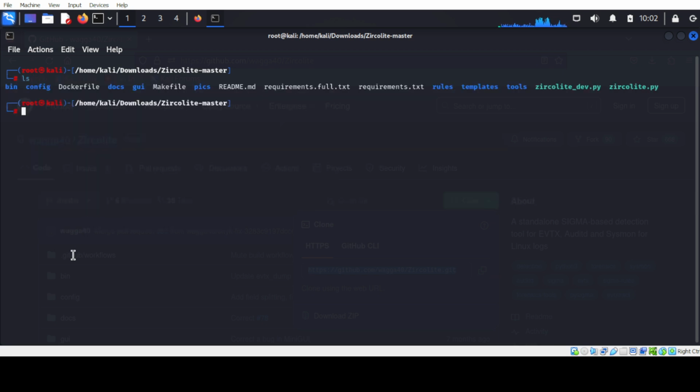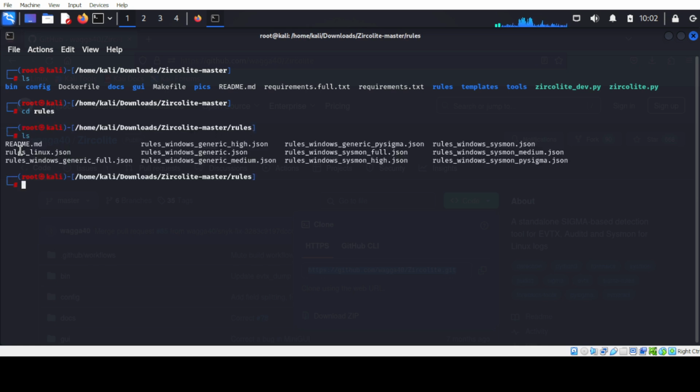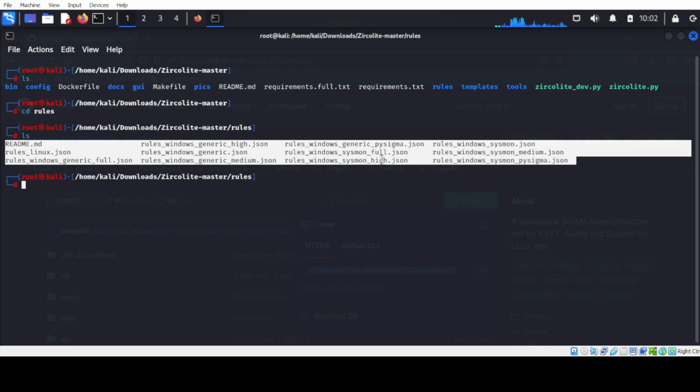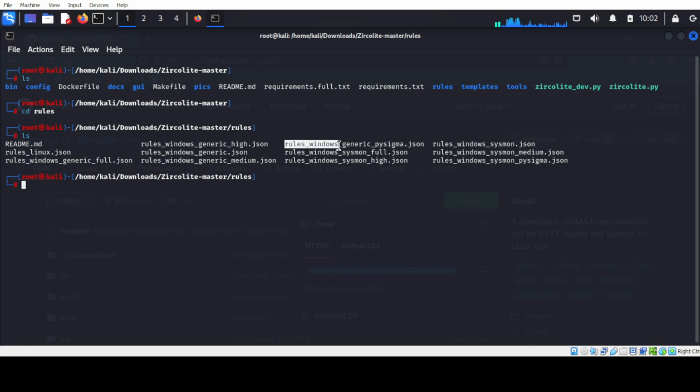Now, if I switch to the rules directory and press enter, here you can see some rules. These are Sigma-based rules. Some are Windows generic rules, and some rules are related to Sysmon, System Monitor.